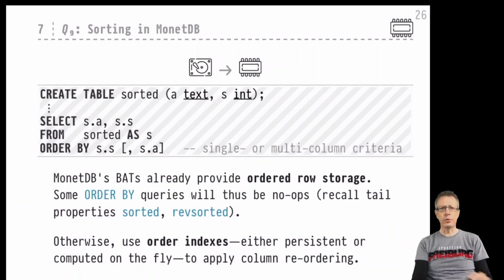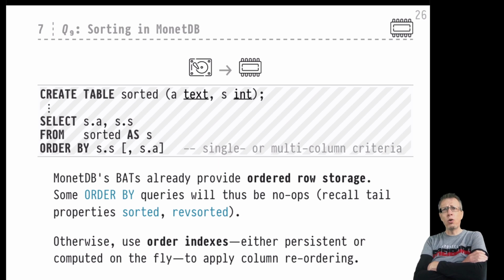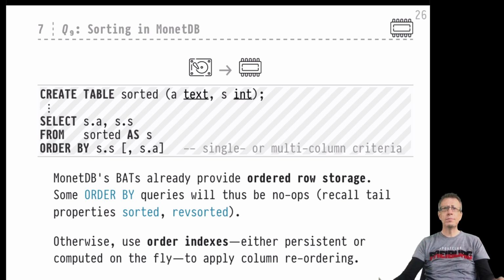Hello DB2 folks, this is the last video in chapter 11 in this exploration of sorting and grouping in relational database systems. It's time again to switch over from PostgreSQL to MonetDB. We have talked about sorting in MonetDB before, but let's revisit this here. Let's recall what we've seen back then, and let's add a few bits to the discussion here to round things off. If you recall, we were talking about sorting when we were talking about the 9th probe